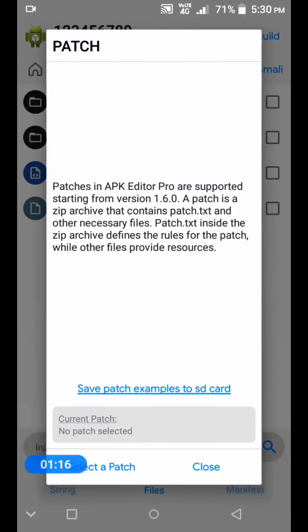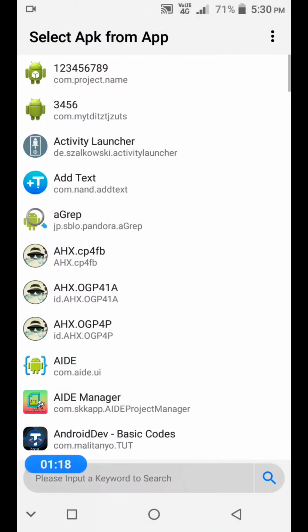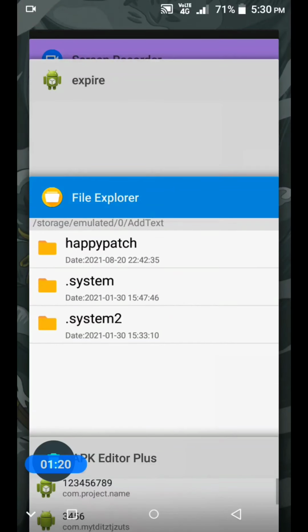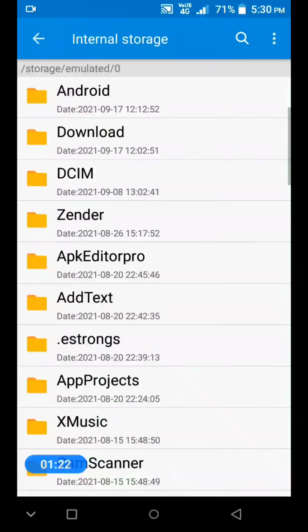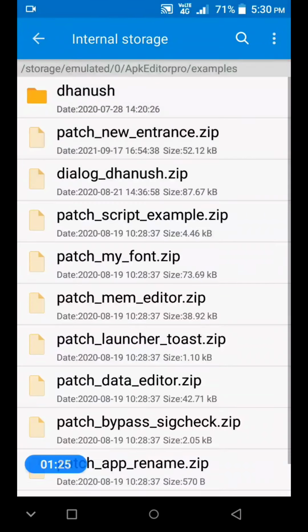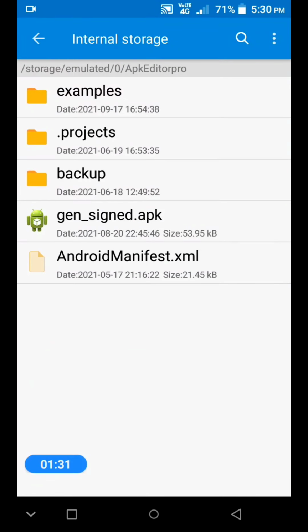So it will save the patch examples to SD card. One of the patches which is very useful for now is the new entrance patch. We are going to modify the files in that patch, and we are implementing our patch here.